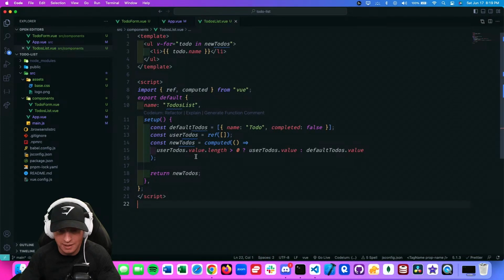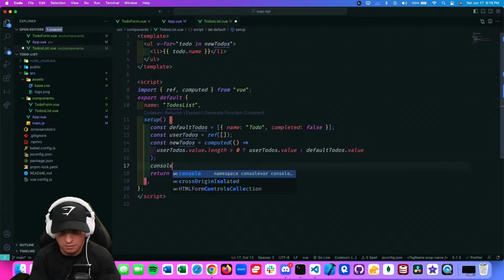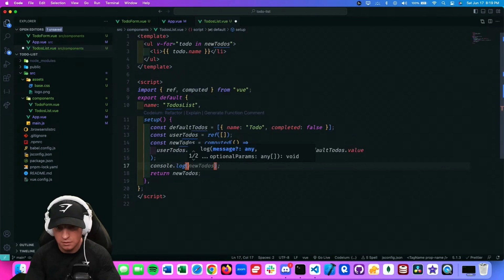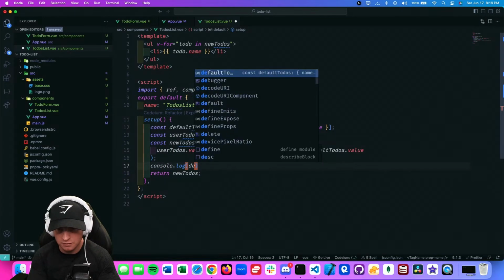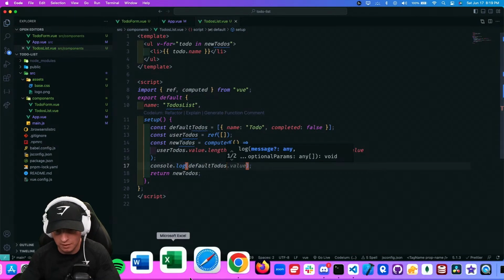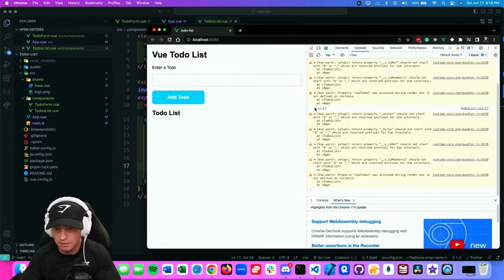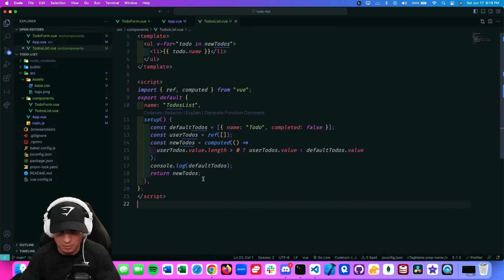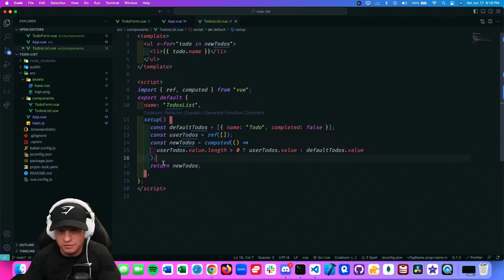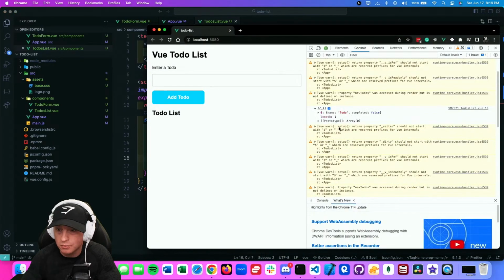You know what? Let's actually just make sure it's working. So I'm going to console log that. Console.log. Default to do, save. All right. And there it is. Okay, perfect. Beautiful. So we are getting that data. So what I need to do here is, this looks good, but we're still running into issues with